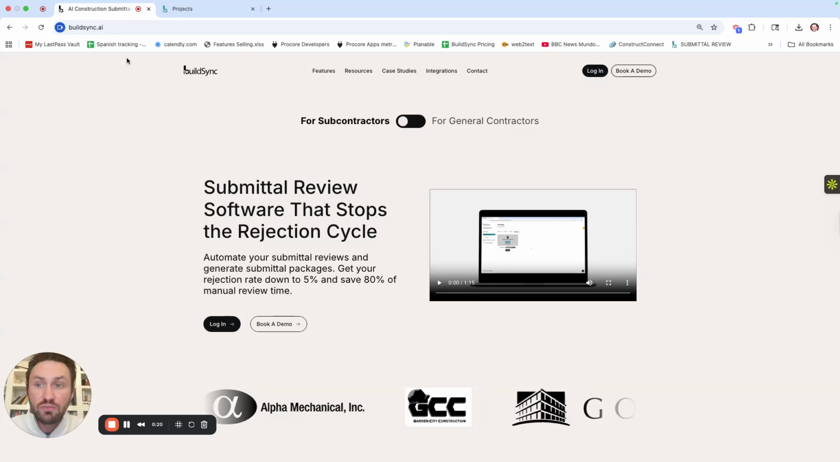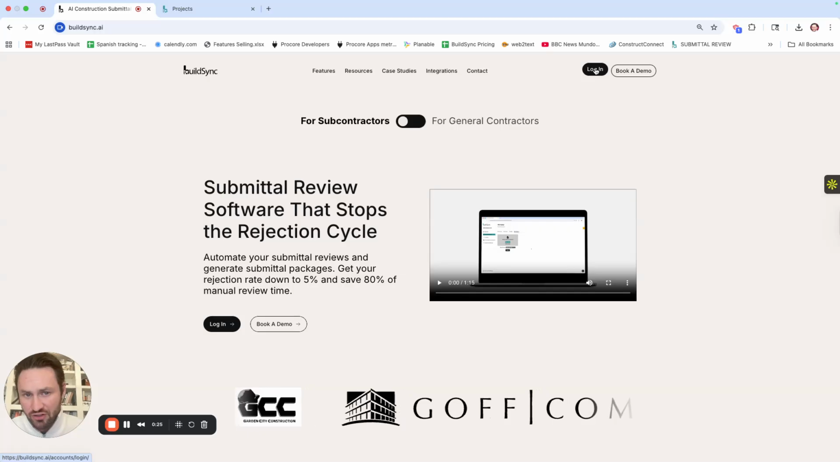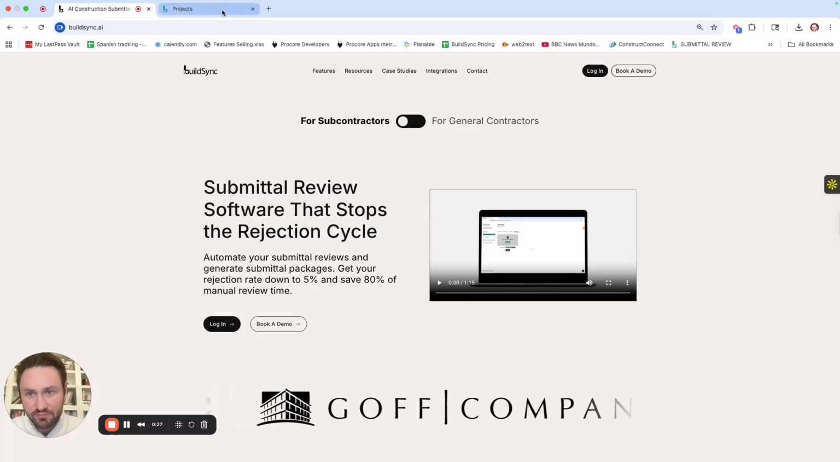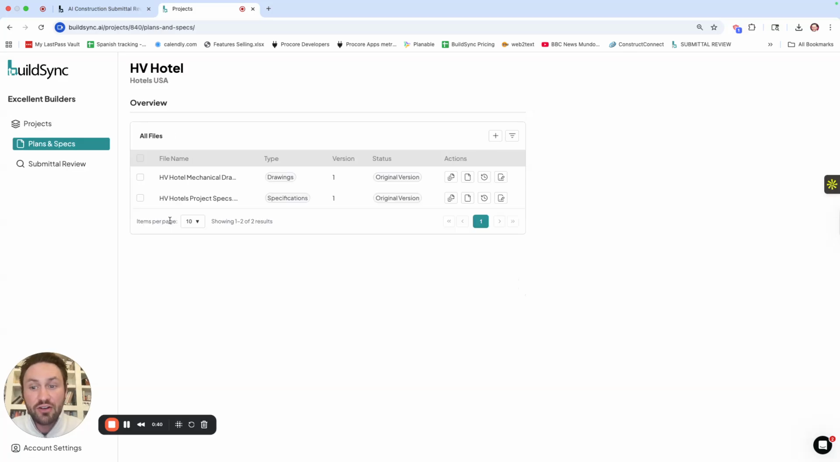We're just going to come to buildsync.ai and we're going to log in the top right-hand corner here. Once we've done that, that'll navigate us through to the projects. To add a project, we simply click this button here, Add Project. And once we've added our project, we can then click on it and we'll immediately be taken through to our